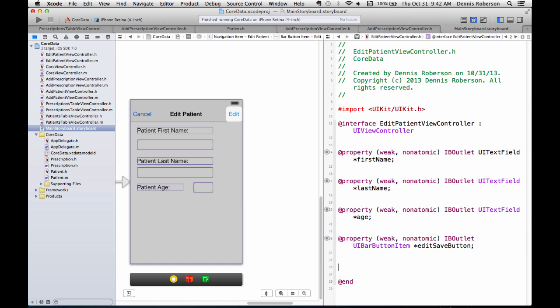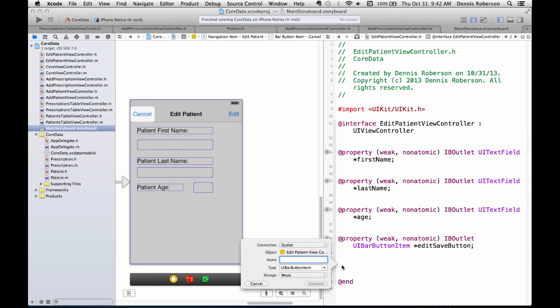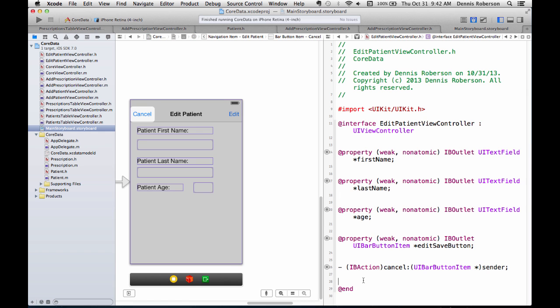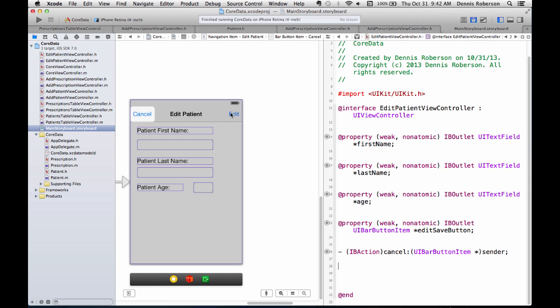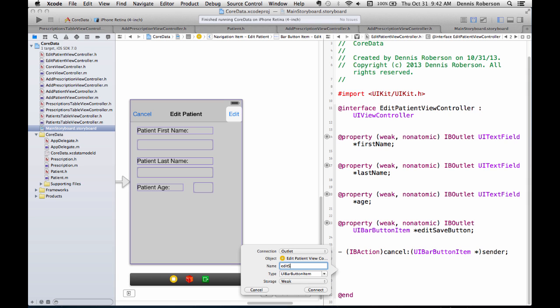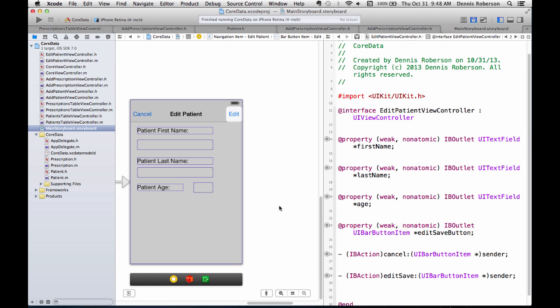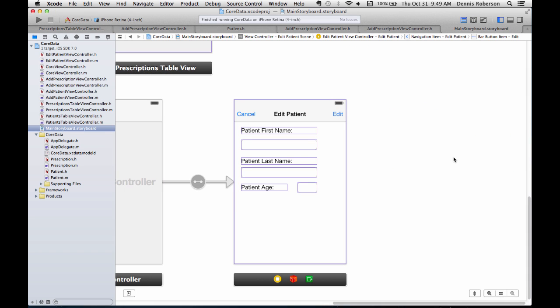And now we have to do the two actions that we have. First one will be a cancel action. And we'll change this to action, and I like to change the type to UI bar button. And the last action that we need is going to be our edit, and this will be the edit save, and we're just going to leave it edit save so we can tell this apart from our property. Make this an action, change the type to UI bar button item. Click connect. We're done with the user interface now, so we can go ahead and close out our assistant editor,